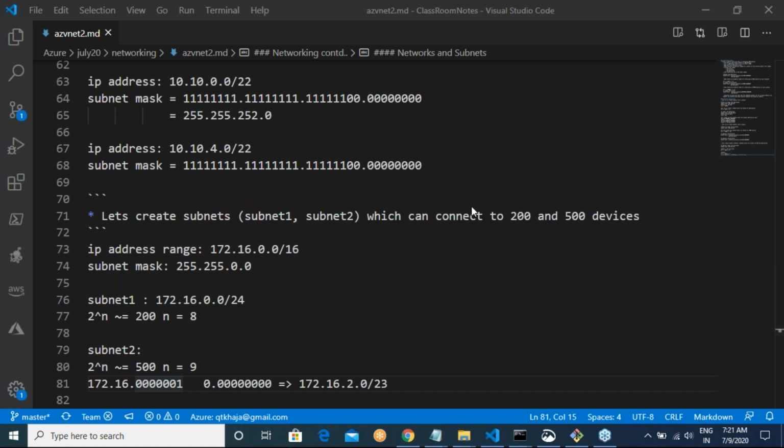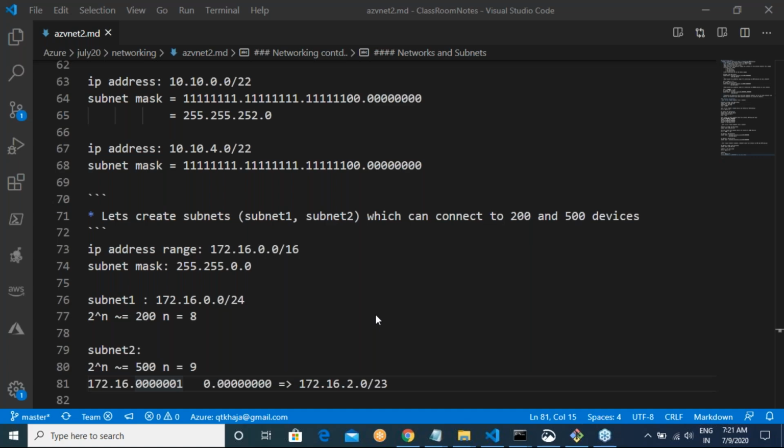Now when I create the network size, I would specify how many devices I have in that particular subnetwork. Can you create address ranges now?